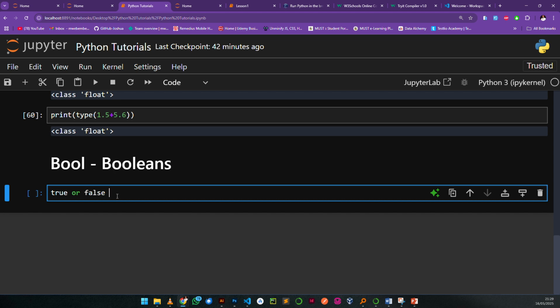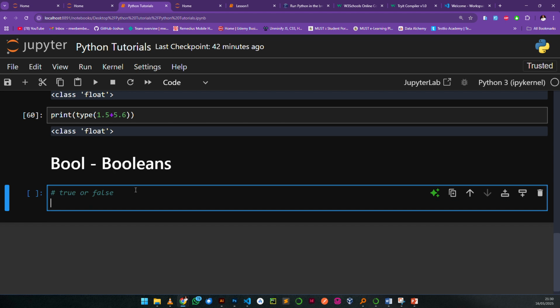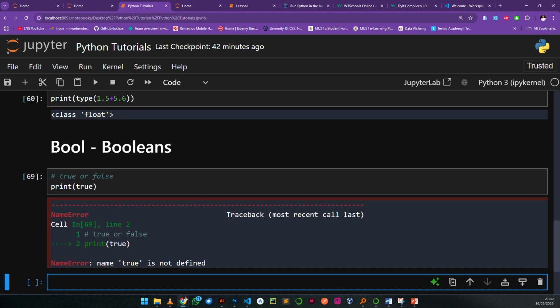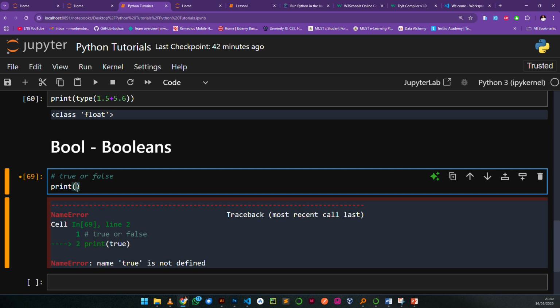When you look at True or False, these are keywords. Now, if I say print True, so let me try to print True. It is going to tell me that true is not defined. But if I said print type,